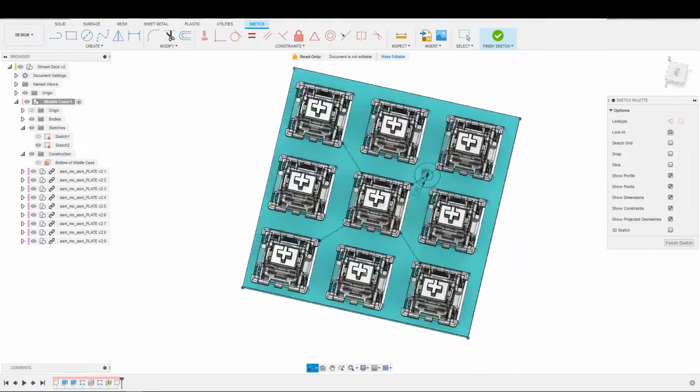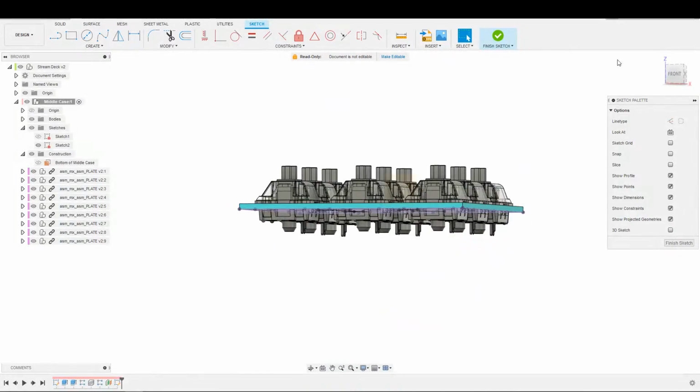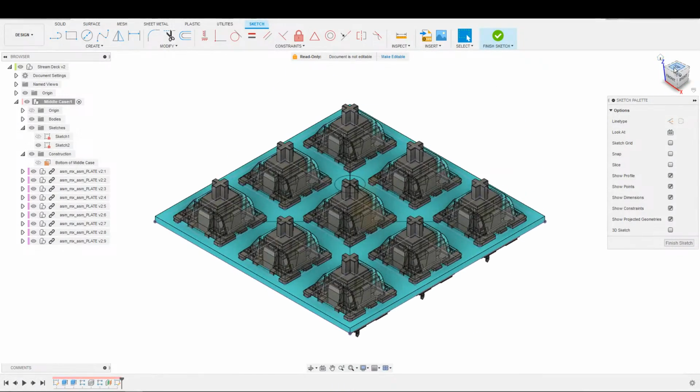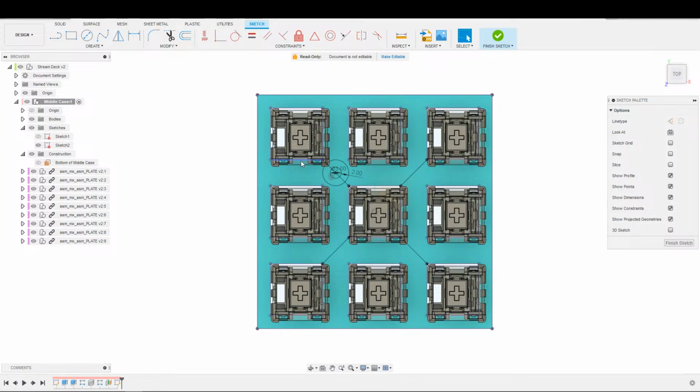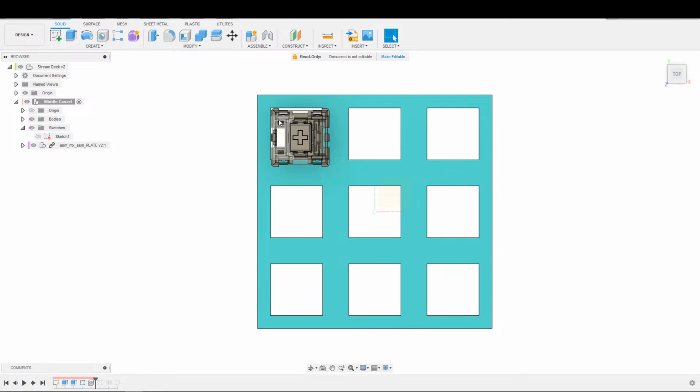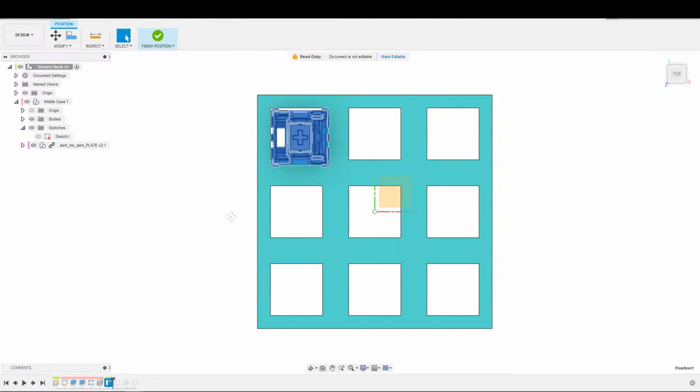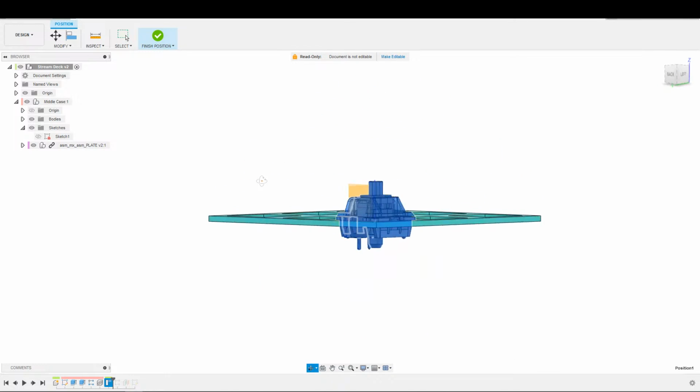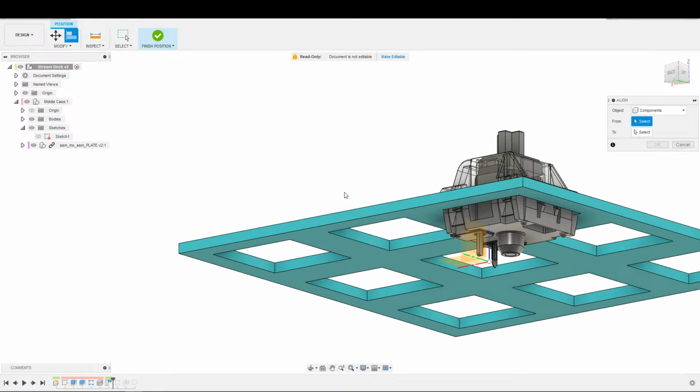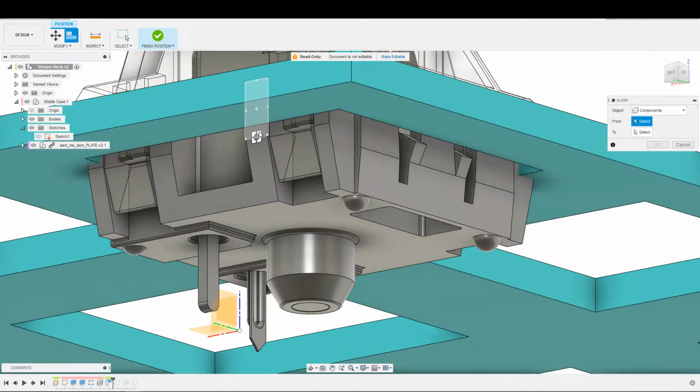Now the reason, whoops, I'm trying to get back to the straight on top view. There we go. The reason the switches are not quite in the correct position is because this top left one is what we've based it off of, and our model is based on the origin. So back to Fusion does not realign things when things change. So we have to come in here